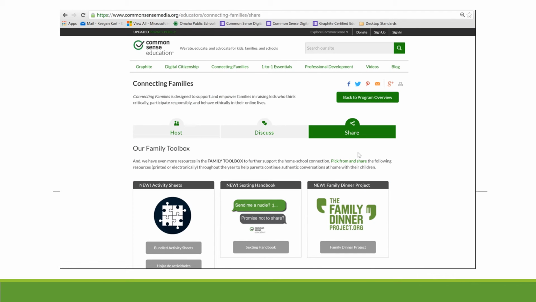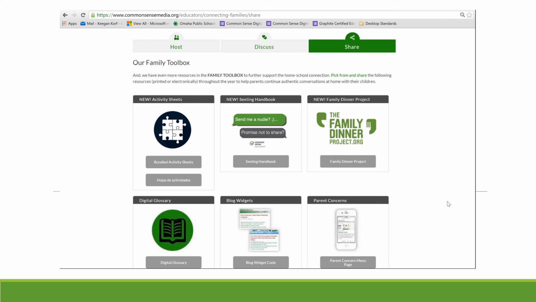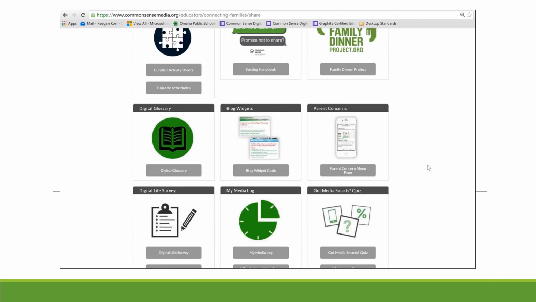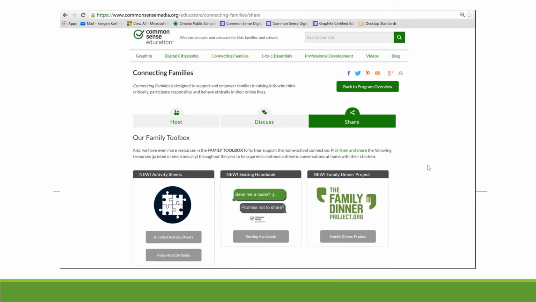So go ahead and click that Share link, and you'll be provided with a plethora of resources here that you can download, print out, replicate, and share in your newsletters. You can put them in your Sways that you're sharing out to parents. You can do anything that you would like with this content. It is all free and available on our website,